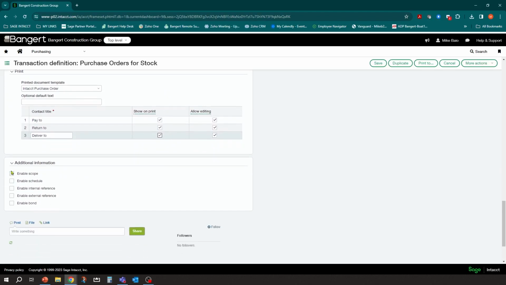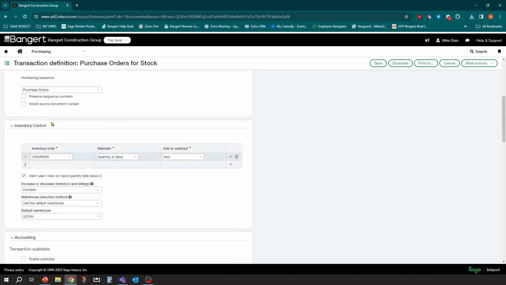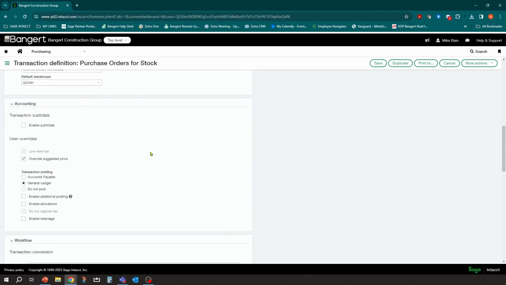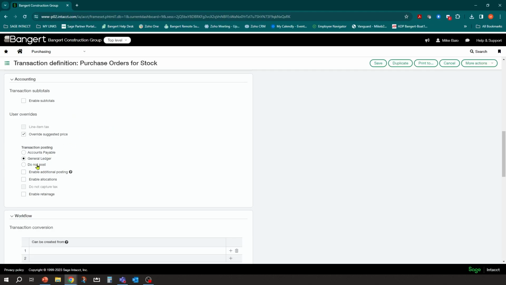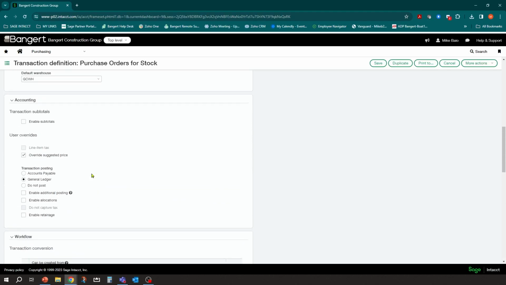And then as we go down, you may have additional information. You may turn some of these fields on that maybe you didn't have on before because you want to record more transactions on maybe a schedule for inventory, track dates. And I'll just turn some of these on here and see what they show us. So you can set those up. So far, the biggest difference in the inventory side is filling out this inventory control, deciding on how we want it to default to warehouse, making sure we have GL postings and our taxes for subtotals on there as well.